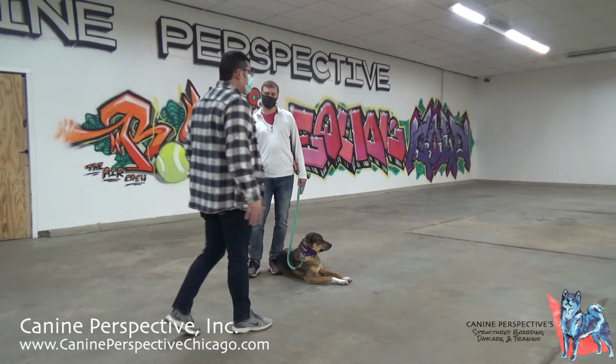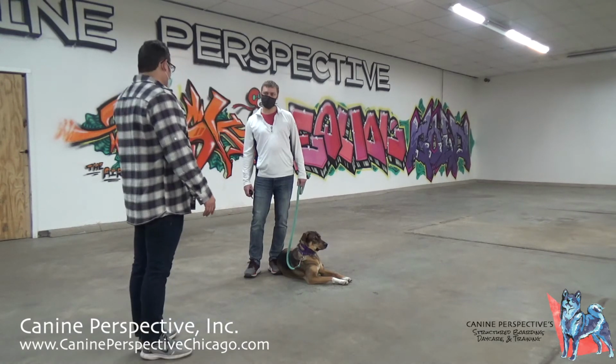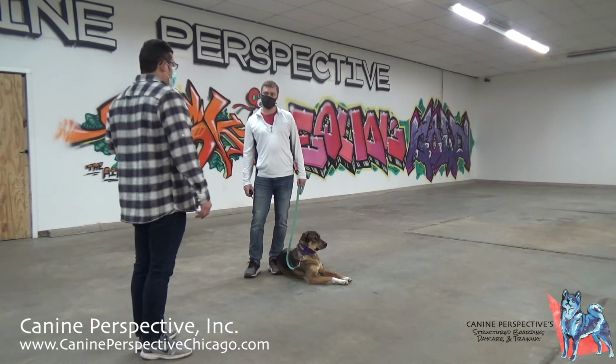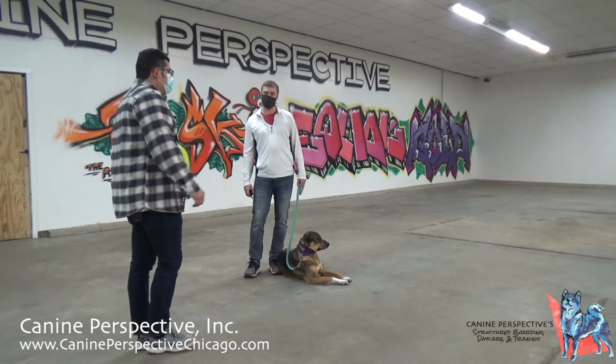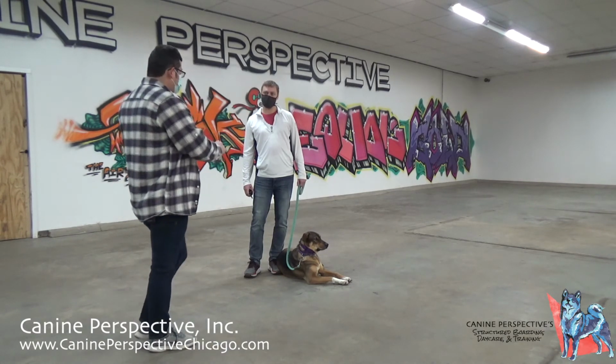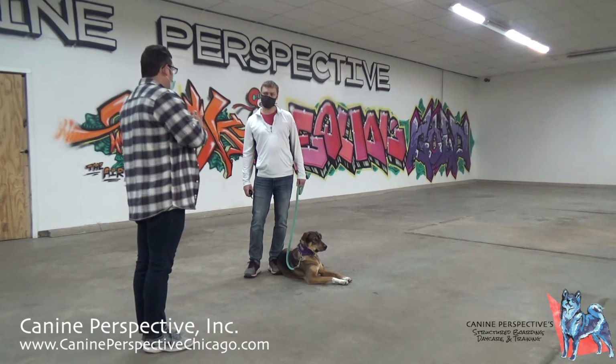It's gonna catch her off guard. She's gonna keep going, okay? So that's technically a handler error. Same thing with the turn. If you just turn out of nowhere, she's not gonna catch it. She's gonna keep going. So when Rory is paying attention, right shoulder, left leg, walking beside you, no tension, we